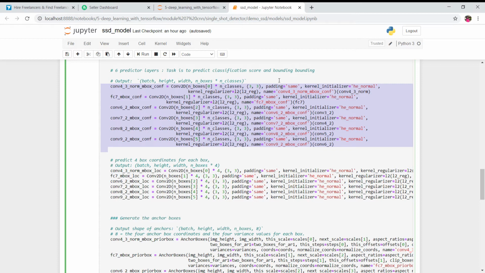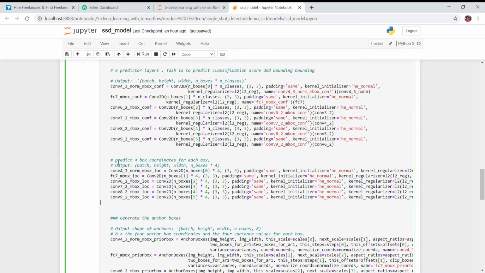By simply knowing which particular bounding box is covering which particular object, and the box which has the highest confidence value for any particular object, that particular bounding box will belong to that particular class. So this is what we are doing over here, right? And then if you see, we are having 6 variables again over here, right? So these are again 6 variables.